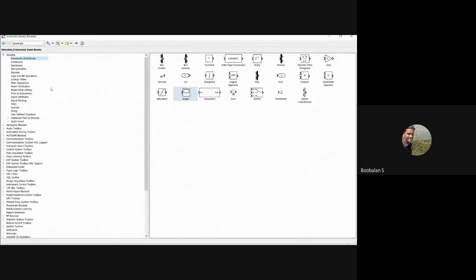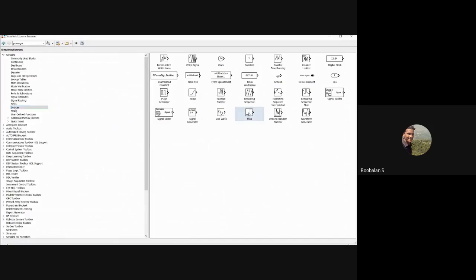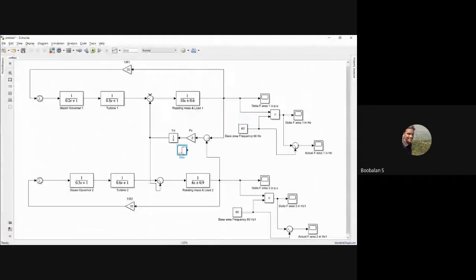So then we go with that source and find out the step signal, a sudden change in load on area number 1, not in area number 2. Got the meaning. Now the question is going to arise. This is where we need to understand many things. The design part is done. Now there is a load change going to occur on my area number 1.